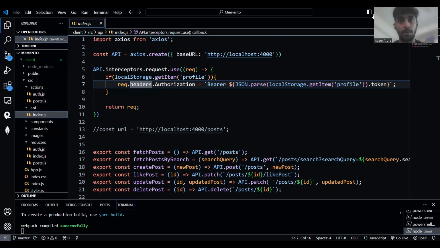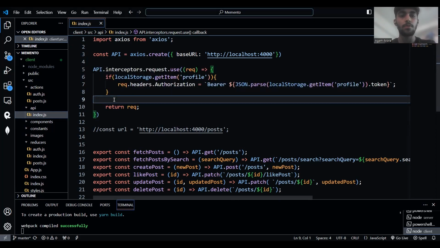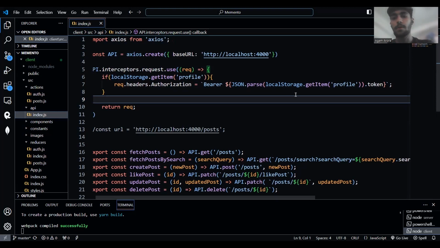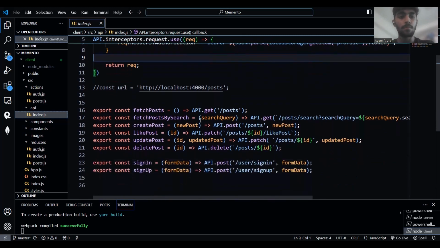Okay, so the first part is setting up the Axios instance. That is the API that is used to communicate with the backend server. Here I create an HTTP client, and then we have an interceptor. This is basically used to intercept the requests before they are handled in the then and catch section. In this case, it checks if the profile is present in the local storage. If it is, then it just applies a header and a JWT token to it. Then we have some